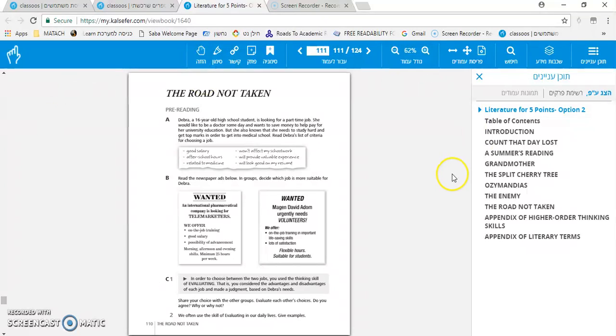So I've come to The Road Not Taken. I'm ready now to share this actual page on Centra. Sharing is a type of way to get your pupils involved. However, it's less interactive than uploading a file. So if I want to get a file out of this and upload it as a file, I have two options